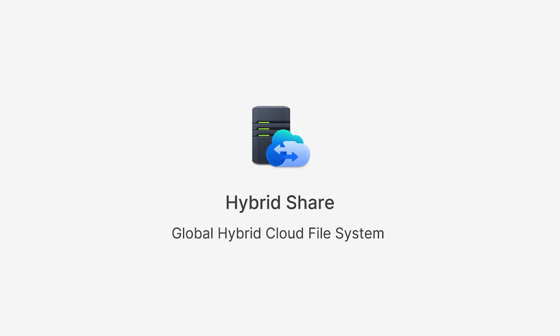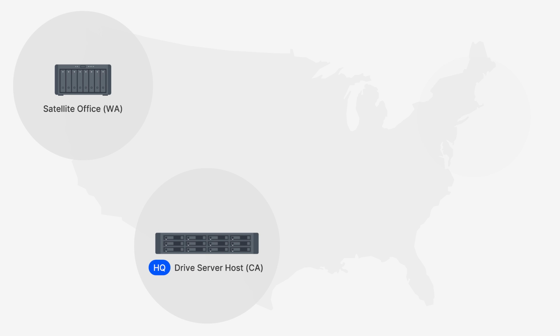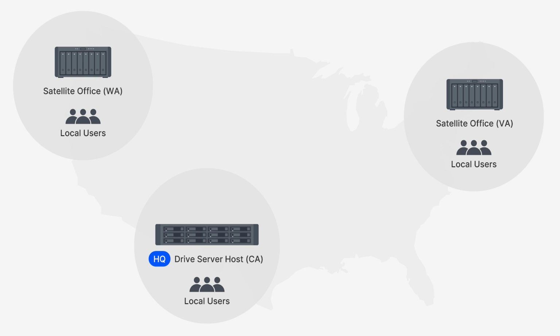Our topic for today is Hybrid Share, our global file system powered by Synology C2 with data centers all around the world. Our guide for our presentation today is a few offices here in the Americas, Seattle, California, as well as our office in Reston, Virginia. All of these offices have their own Synology NAS device, and of course, each office has different sets of employees focusing on different functions of the business. From here, each office has Hybrid Share enabled, with them accessing different sets of data, but it's all interconnected via C2 storage through our global file system.